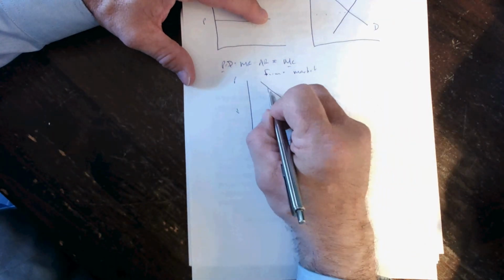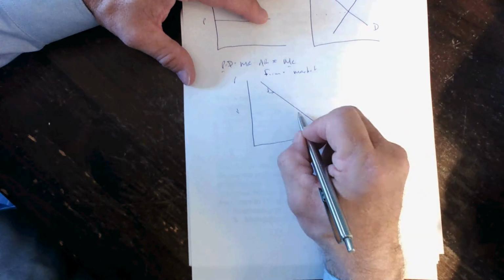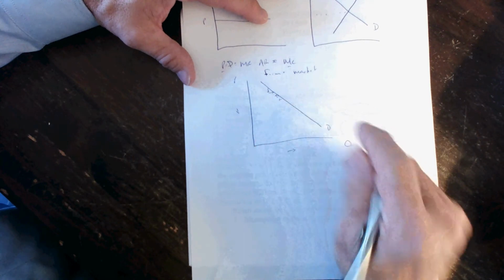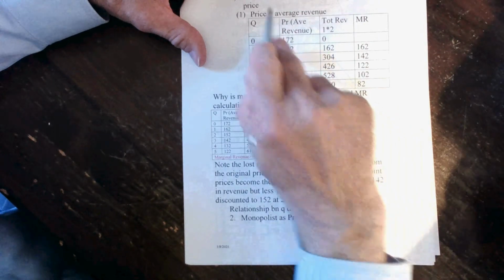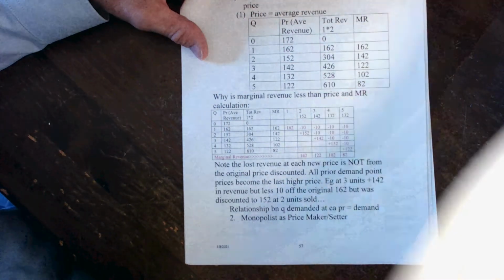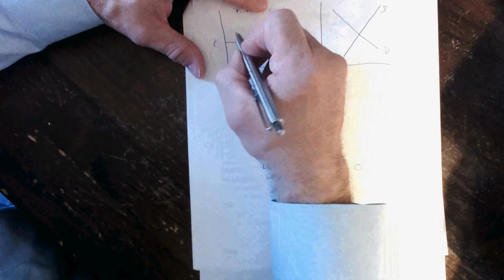There's an inverse relationship between price and quantity demanded. If he raises his price, he'll lose quantity sold. What that means is that there's going to be a difference between price and marginal revenue, which did not exist for the pure competitor. For a pure competitor, price equals marginal revenue.